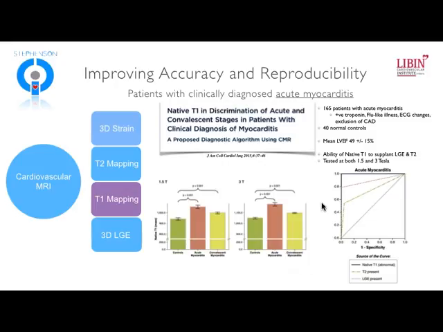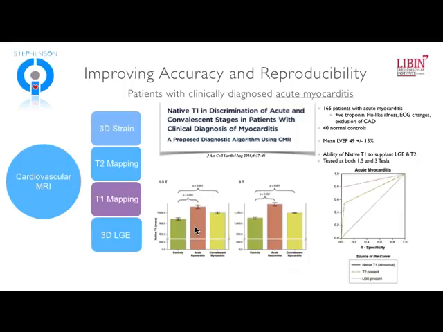The second paper that I will mention with native T1 mapping is one that came out this year, and is one that is very valuable actually, because it studied patients both at 1.5 Tesla and at 3 Tesla. It was done in 165 patients with acute myocarditis defined by clinical criteria, and that was a positive troponin with a flu-like illness, with ECG changes, and exclusion of CAD. And they have 40 normal controls. And you can see that this is a slightly sicker patient population.